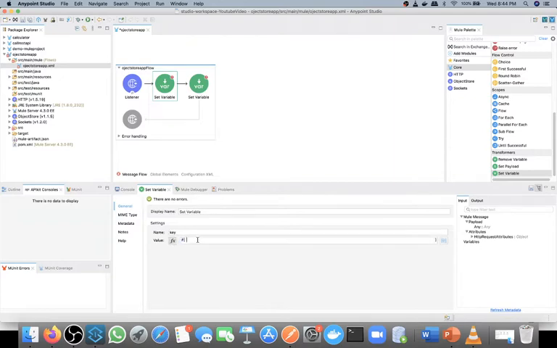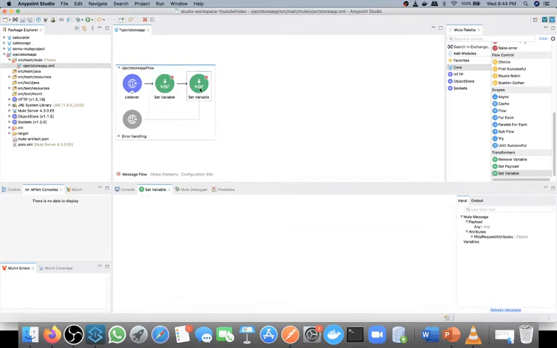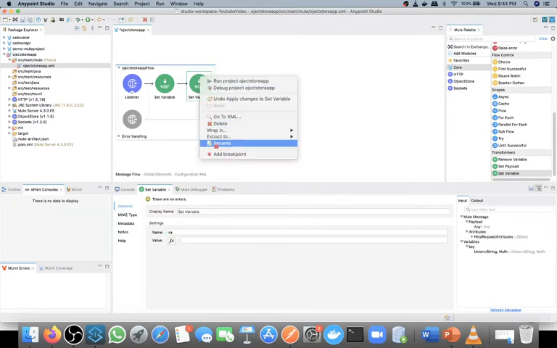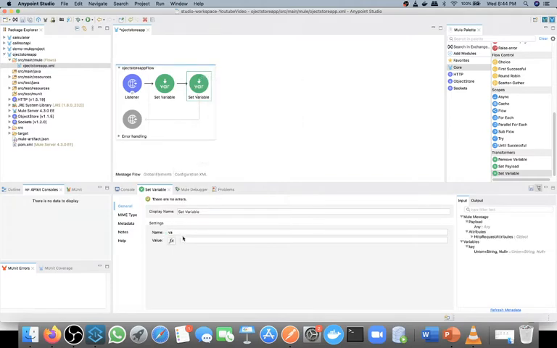So I will pass the key and value inside query parameters. How do we take it? attributes dot queryParams dot query parameter name. So I'm taking name as the key, and for the value, better, we will set it inside the value variable only.